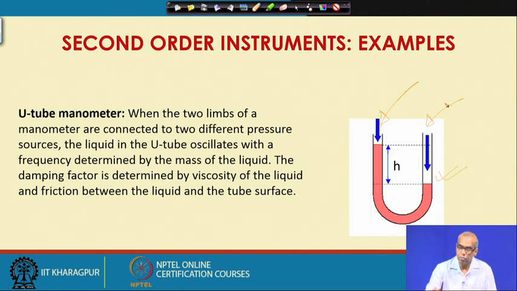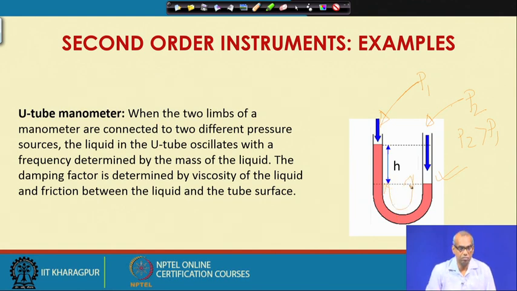So, initially imagine that both the limbs were open to atmosphere. So, they are connected to the same pressure source. Now, I connect this to a pressure source P1 and this is another pressure source P2. P1 and P2 are different. As the figure shows, P2 is greater than P1. So, that is why this is pushed more. So, when you do this, there will be oscillations of this